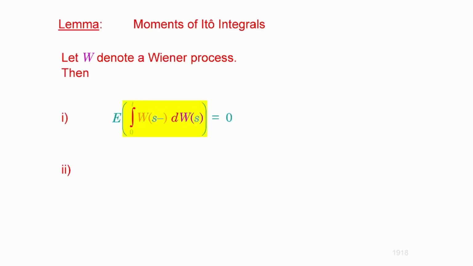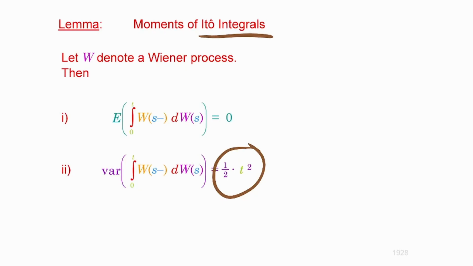And the same is true for the variance, by the way. So I will address its variance. The variance, based on the normal distribution, takes more time to show, but it is based on the fourth moment of the normal distribution, which is known to be 3, at least for the standard normal distribution. Based on that, because we have already seen it, it is going to be 1/2 times t squared. That is the variance of the Ito integral.